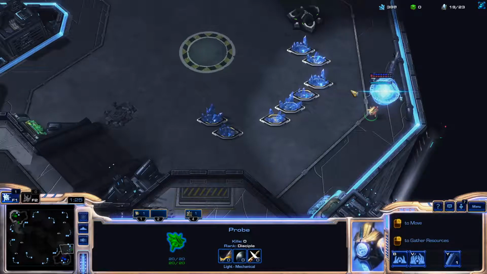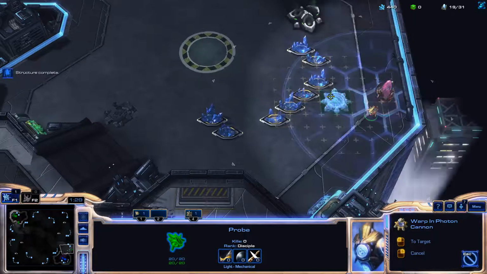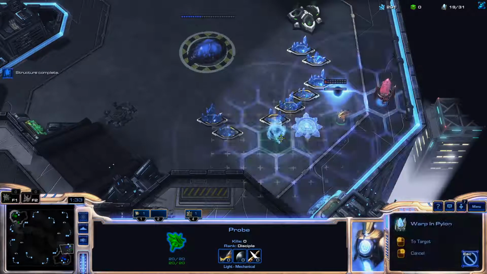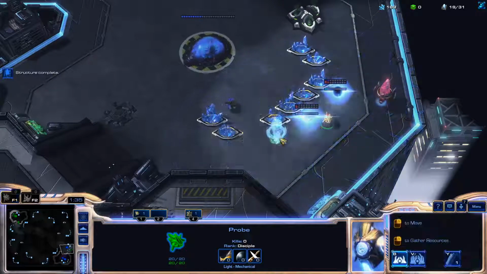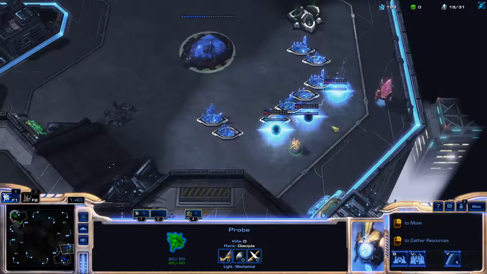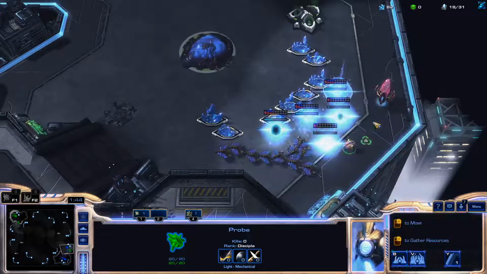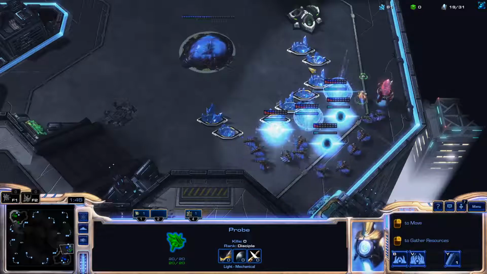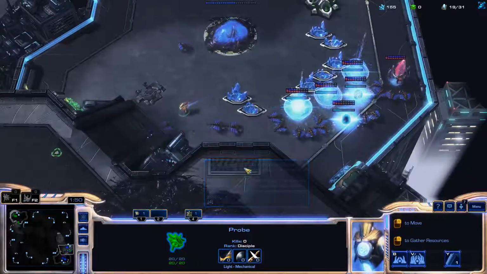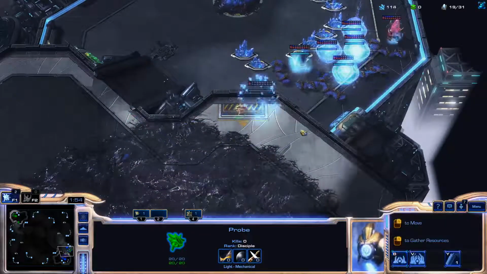So what I'm aiming for here is to get my cannons in a position that are hard to surround, because what my opponent is going to want to do is pull workers to surround these. So what I've done is I've built pylons around the cannons. I'm going to go ahead